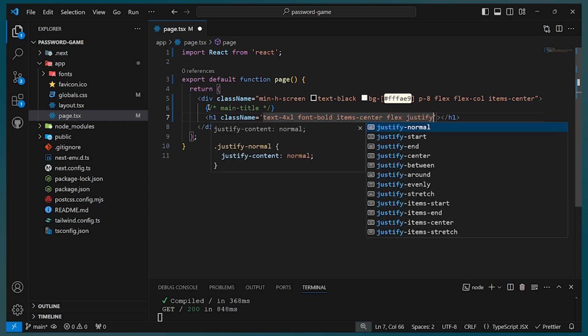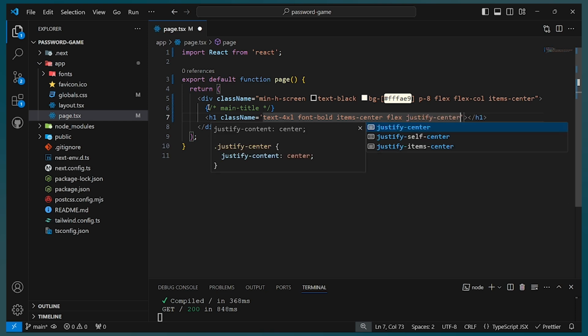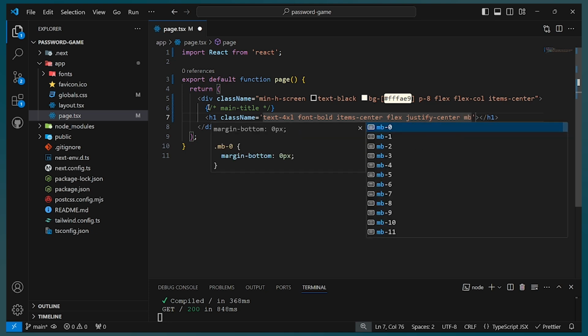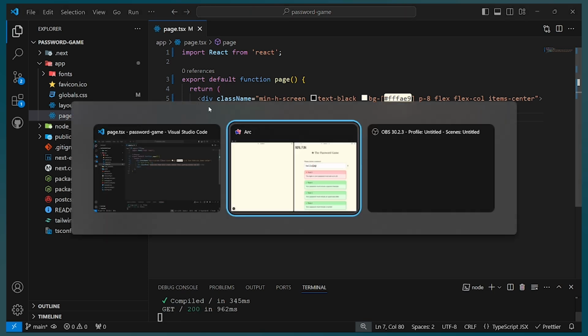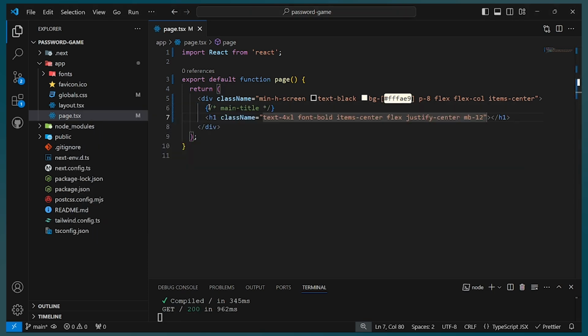justify center. So after justifying the center, margin bottom is gonna be 12, something like this. So this is gonna be the margin top, the margin bottom, and here we are going to add in something called